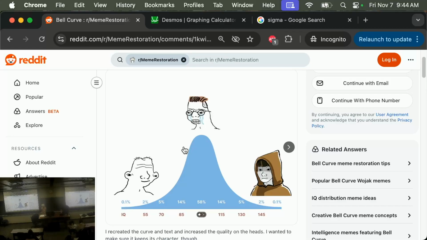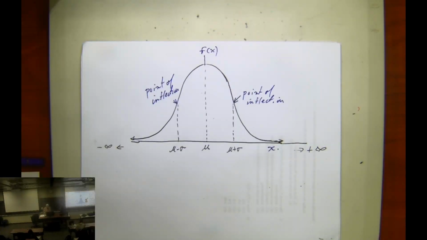But the reason I like showing this is because they drew it wrong. If you look at the beautiful drawing that Professor Humphrey has done with the nice inflection points, this is the proper way to do it. These guys drew it by hand or something, and it's all wrong. So every time you see this meme from now on, you will know they screwed up the normal distribution. They made it too pointy. It's very funny every time I see this. I laugh at the people.